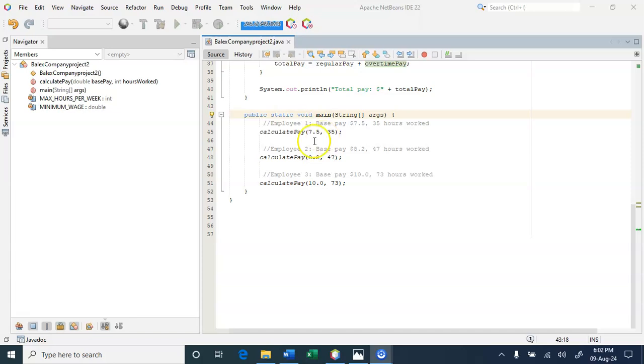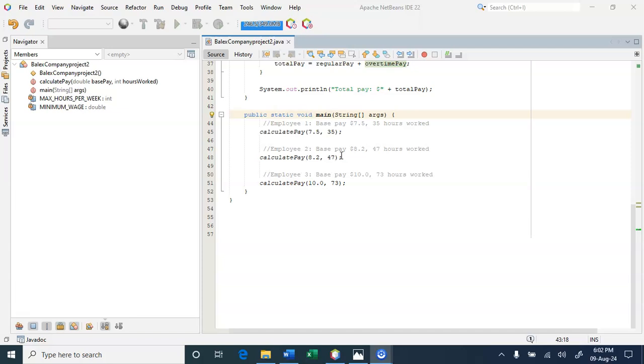Then employee 2 has a base pay of $8.2 and worked 47 hours. This is a valid case where the method will calculate regular pay for the 40 hours and overtime pay for the remaining 7 hours.